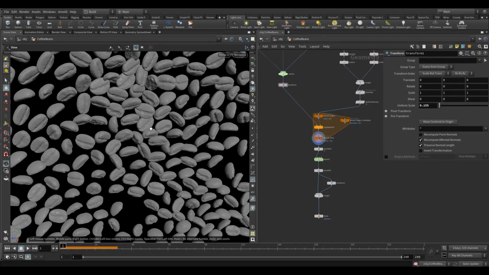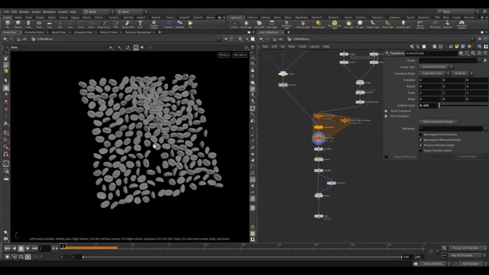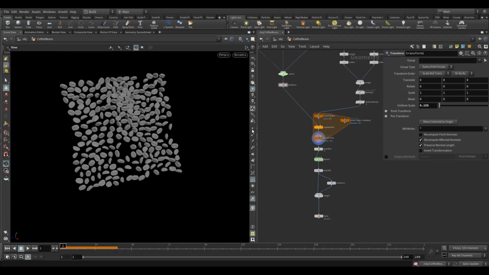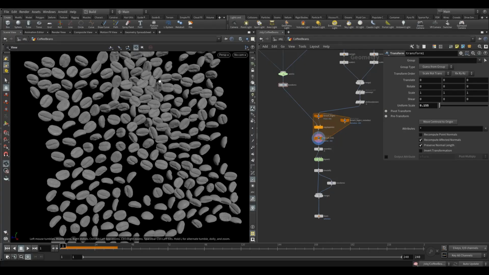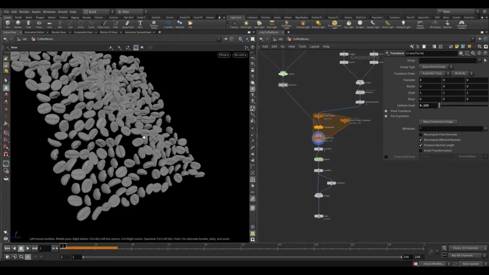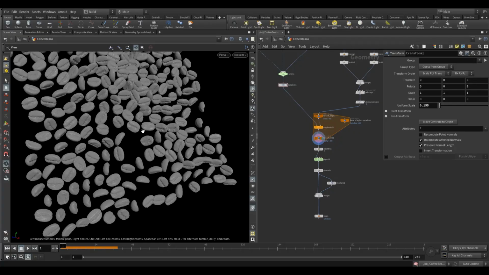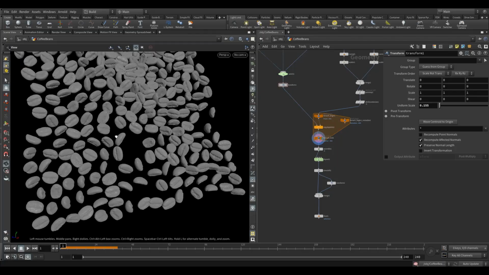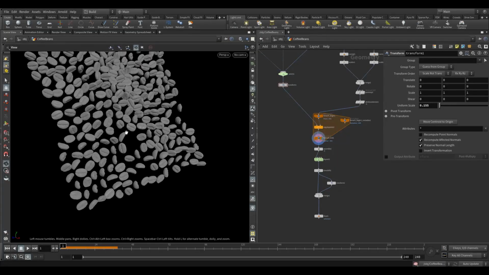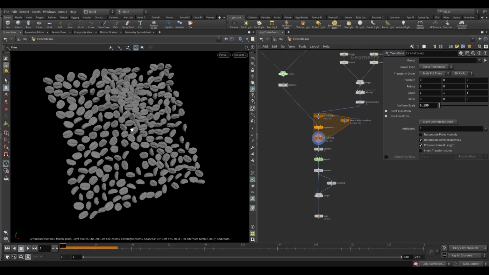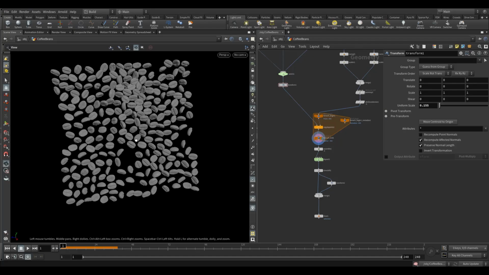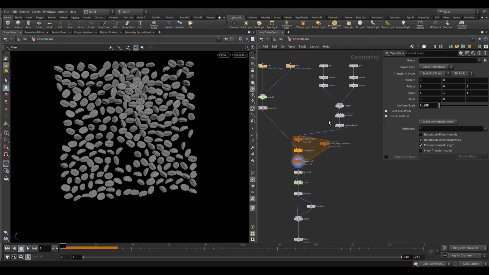You know, they're kind of squished together a bit there, but that shouldn't be a problem. Yeah, just kind of fill out the shots with more coffee beans and less background space, and also it will help us get more accurate collisions. Another thing, let's take a look at the